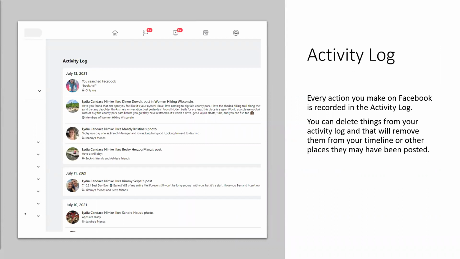Regardless of how and what you share, every action you take is recorded in your activity log. And this is something that only you can see. It's accessed either through your profile or through your account settings. And it gives you a really good image of just how much reach the things you share have. You can delete things from this activity log, and that will remove them from your timeline and any other place they may have been posted. So if we just zoom in on the screenshot here,